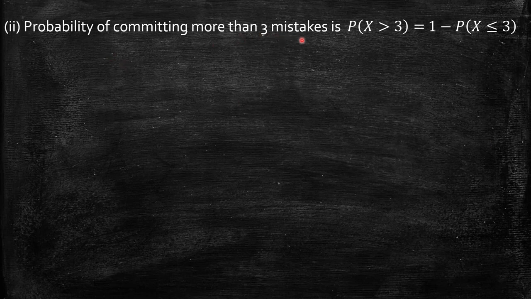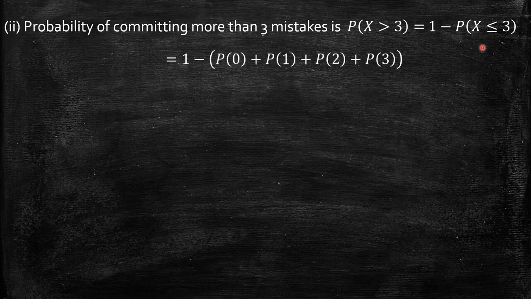The next is more than 3 mistakes. Probability of committing more than 3 mistakes means P of x greater than 3. Not more than or equal to, just more than 3, which is the complement of x less than or equal to 3. So I can write it as 1 minus probability of x less than or equal to 3. So this gives now 1 minus P of 0 plus P of 1 plus P of 2 plus P of 3,